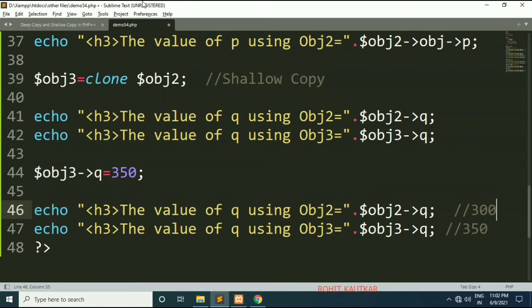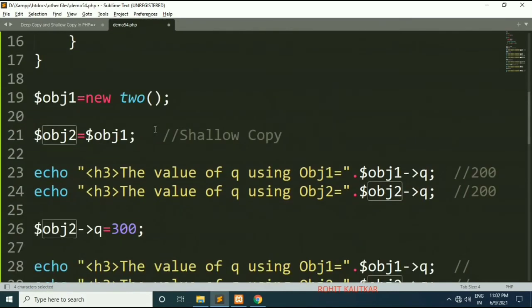Why will this happen? Because we have used the clone keyword for creating the clone copy of the object. That's why, while creating the copy, the newly created object has its own properties. Here I am modifying the q property of object 3, not the q property of object 2. It will not get reflected within object 2.